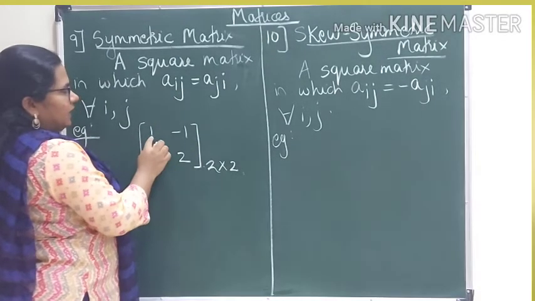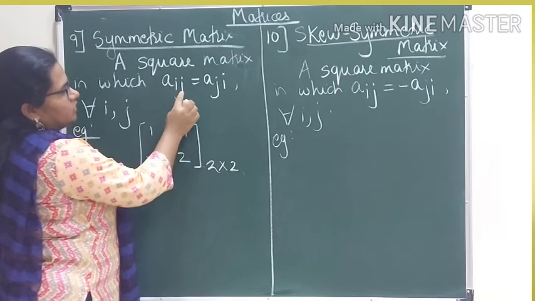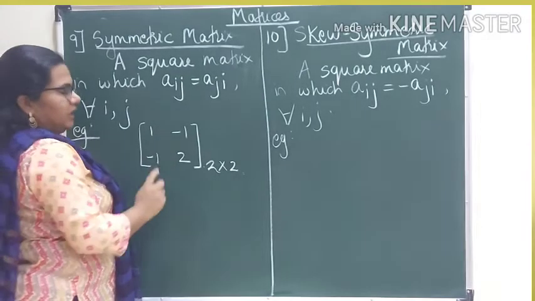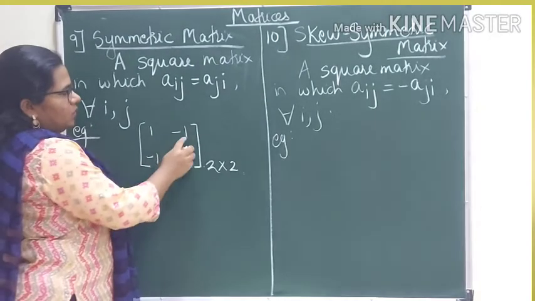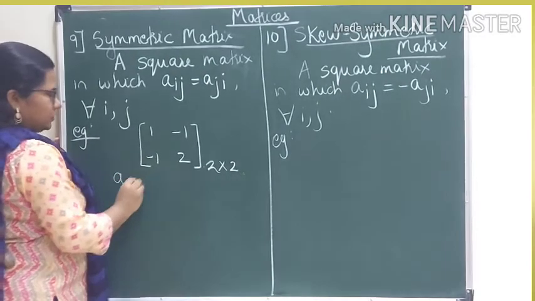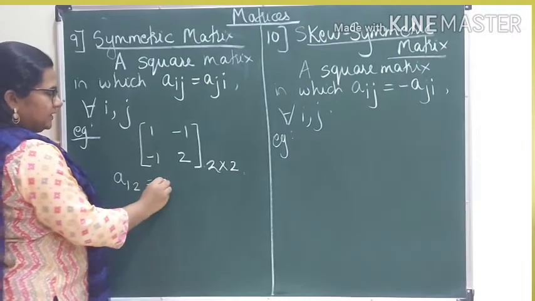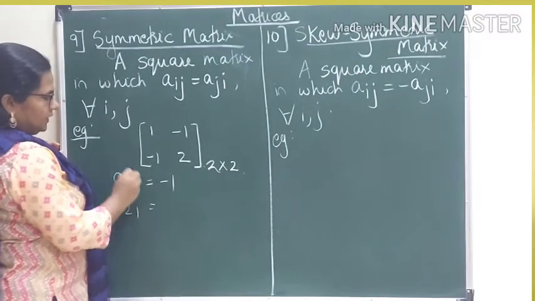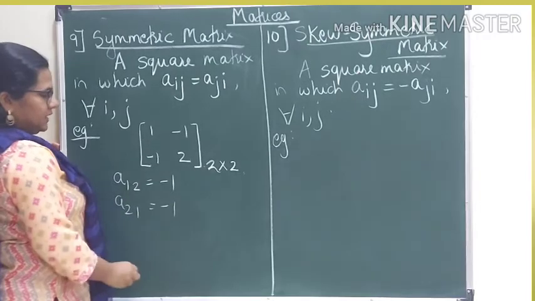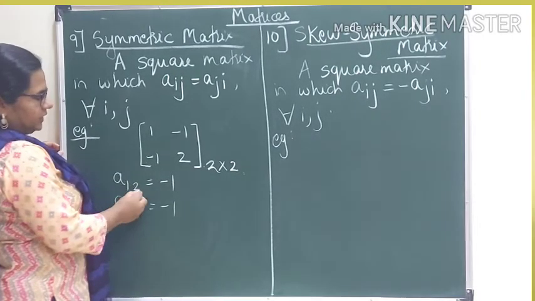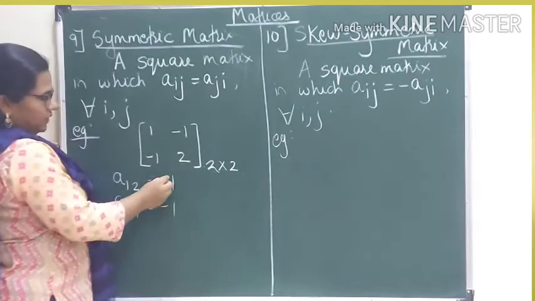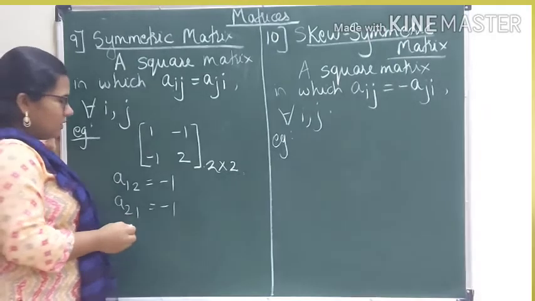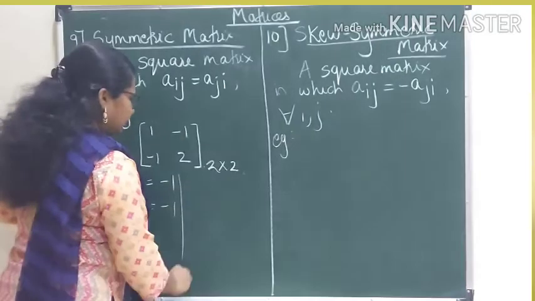This is of order 2, 2 rows and 2 columns, that is a square matrix. Now Aij means, 2 rows, 2 columns. A11, if you interchange the row and column, this will become A11. So you can see A11, A11, it remains the same. A22, A22, it remains the same. What is this element? A, first row and second column. The element is minus 1. Now interchange this. A21, second row, first column. The element is minus 1. So if you interchange the row and column, and still you have the same elements, then it is called a symmetric matrix.